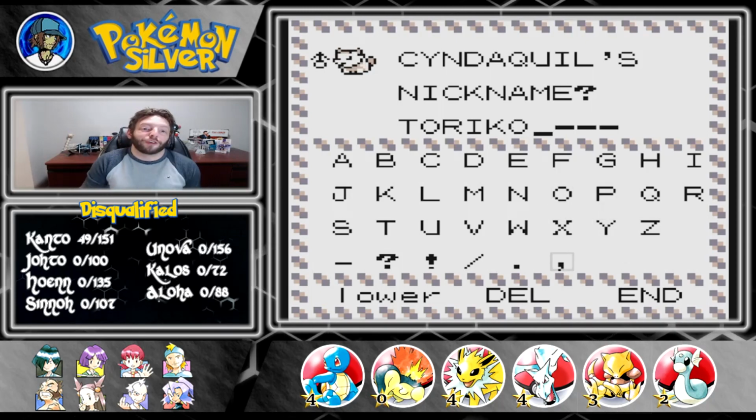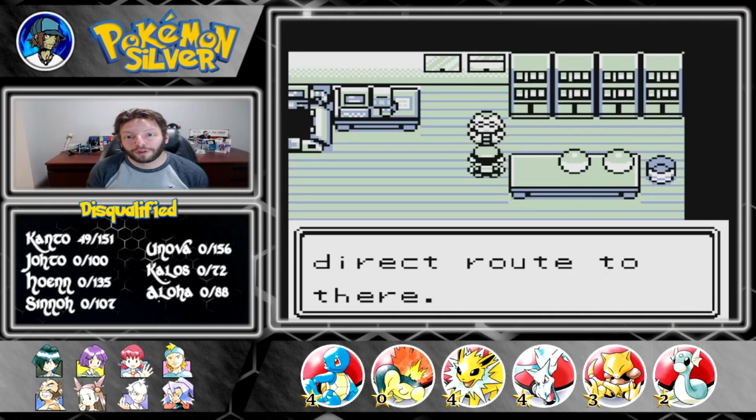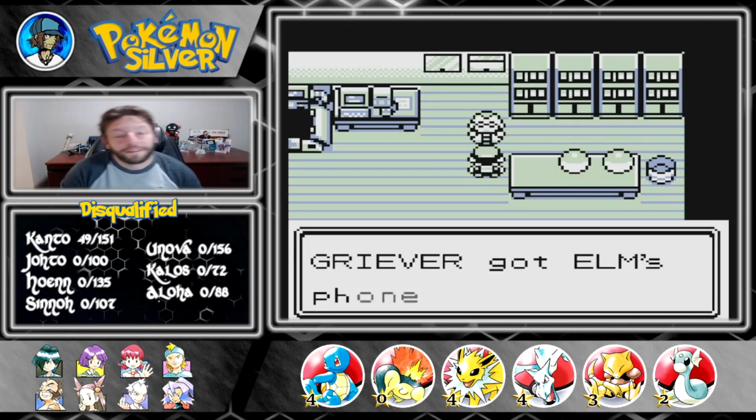So because we got so lucky, obviously we are doing the Toriko edition. Pokemon Silver is the Toriko. Toriko is, you guys can tell, back there, one of my favorite mangas, and a really good manga. And